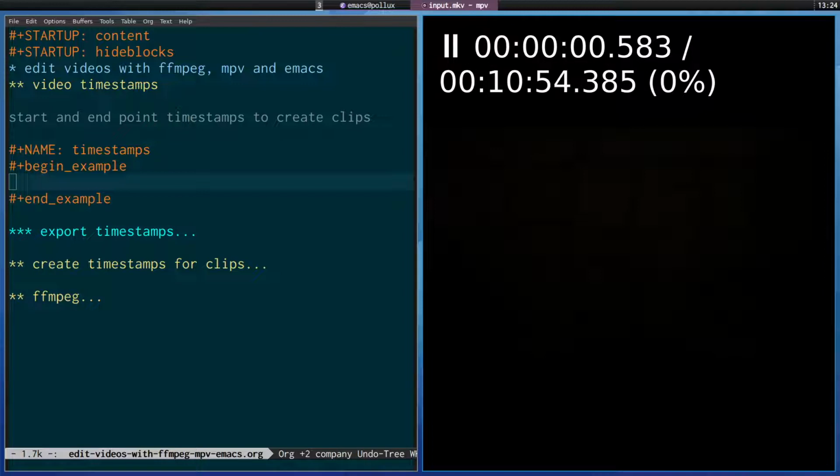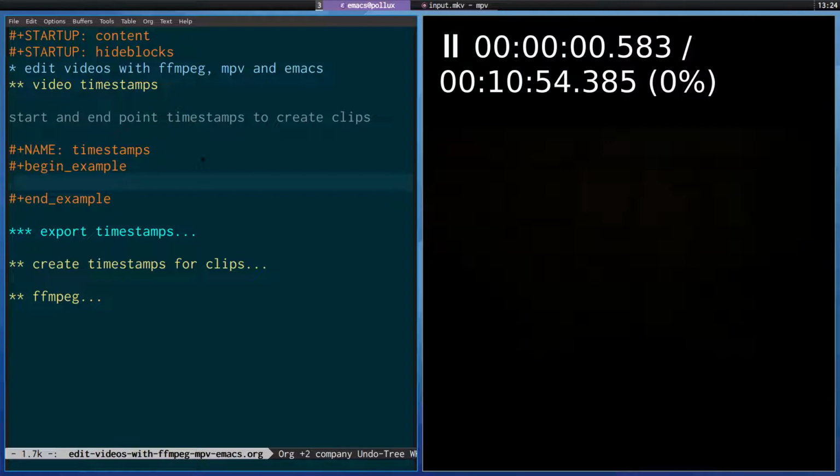timestamps. And in the previous video, I showed you how to enable fractions in MPV's output by editing the config file and adding osd-fractions to your mpv.config file. And this is going to come in handy because we're going to be trimming stuff to the millisecond. So I've got emacs open here, and what I'm going to do is press F2 on the keyboard